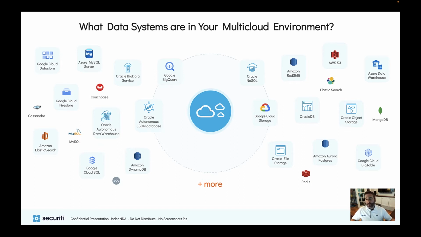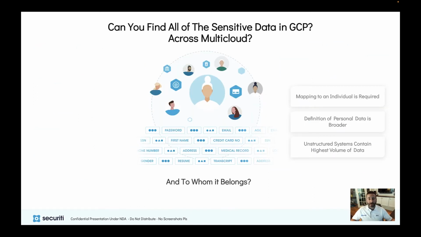When software is developed natively in the cloud, on platforms such as GCP, it is straightforward to identify your data systems. But there are also plenty of cloud apps that are a result of lift and shift from enterprise systems, and these may contain local data systems such as MongoDB and MySQL that are local installs, and those do not appear in your inventory in your GCP environment. We call these shadow data systems, and it's very imperative to track all of these in addition to your native data systems.